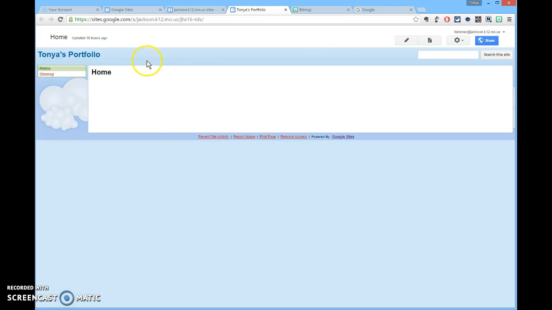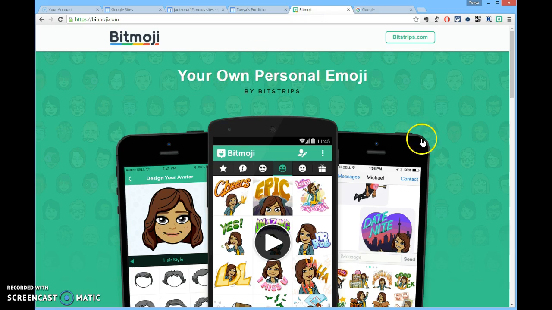So I'm going to show you how to customize this to make it a little prettier. The first thing is I like to create a header, something other than the words Tanya's portfolio up here at the top, because to me that's a little bit boring. Now I find it to be fun, and the kids do too, to utilize the Bitmoji app, and